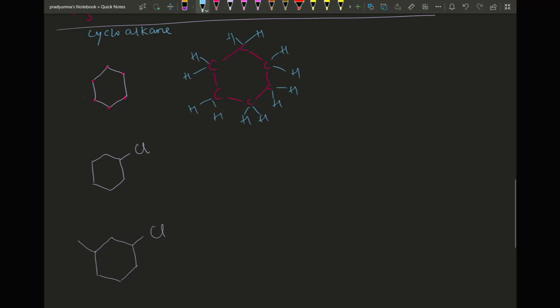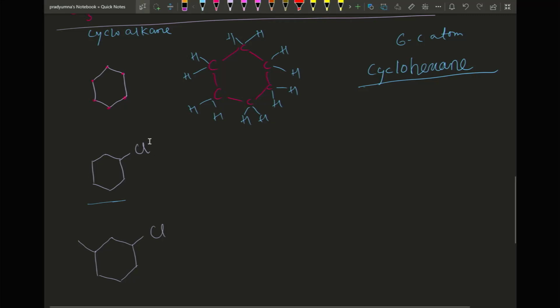So in this one, first one, how many carbon atoms? 6 carbon atoms. So 6 carbon atoms is hexane, hex, and then ane, because all of them are single bonds. And is there any substituents? No substituents, nothing on the first one, but because it's cyclic, that's gonna be its parent name, cyclohexane. That's the name. Okay, on the next one, the parent name is exactly the same because it's cyclic, 6 carbon